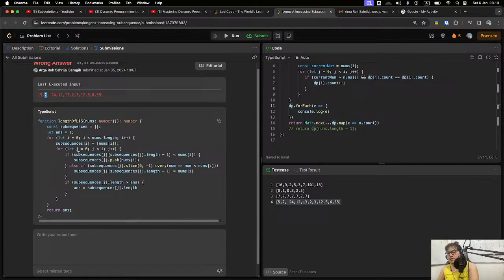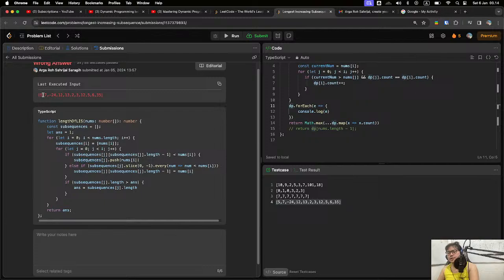So for example, right now the i is 1, which we are here, we look from 5, and we check if the i element, which is 7, is larger than every subsequence in the previous index. If the last element in each subsequence is less than the current i element, we push the current i element to the subsequence.